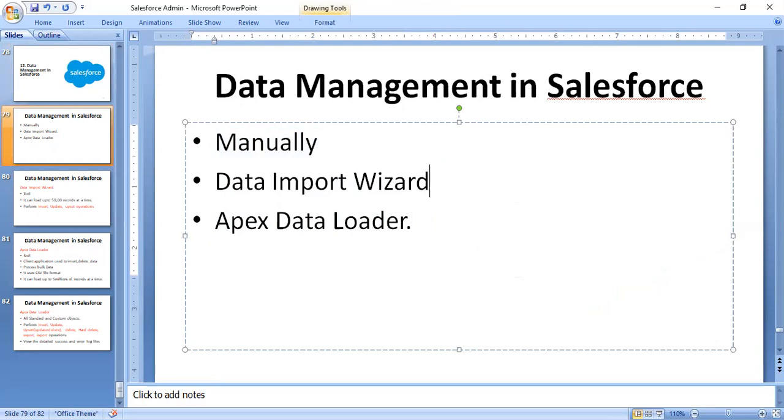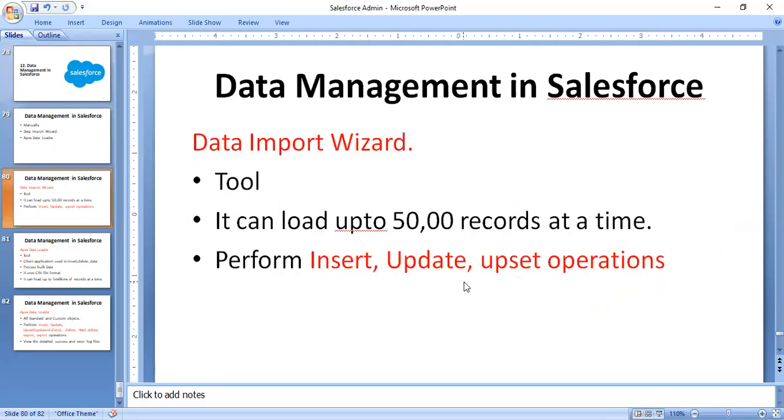What is the data import wizard? The data import wizard is an application, or simply a tool. By using this tool, you can perform insert, update, and upsert. Upsert in the sense of update and insert.